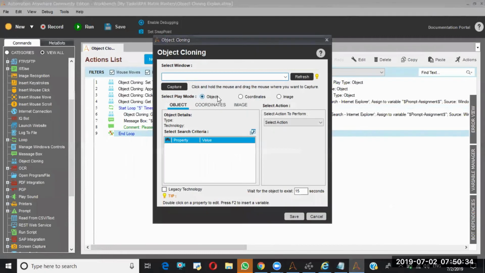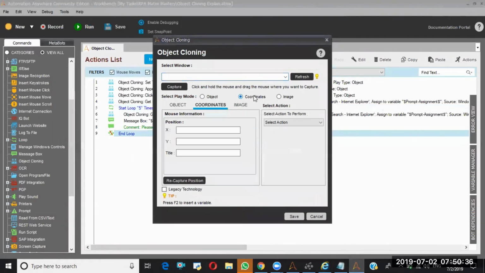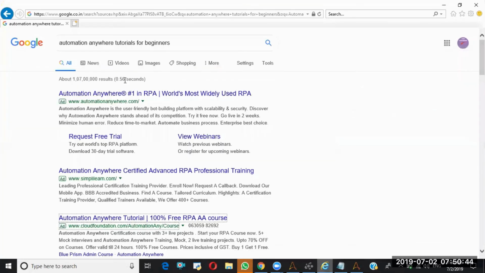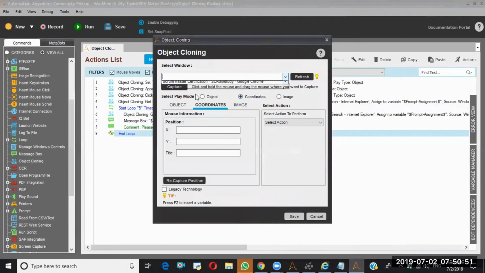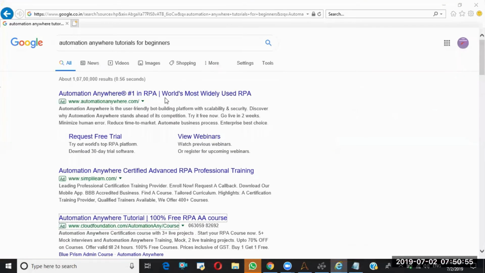So next let's see what is the coordinate mode. In the coordinate mode, I want to capture this one and I want to get the inner text. Again I'm going to this title, selecting the capture. So I'm capturing this.